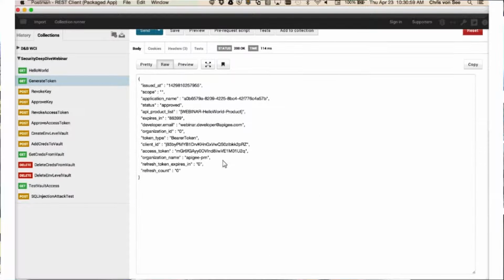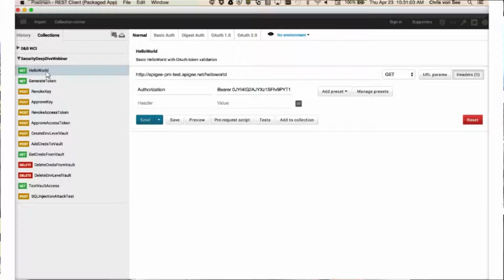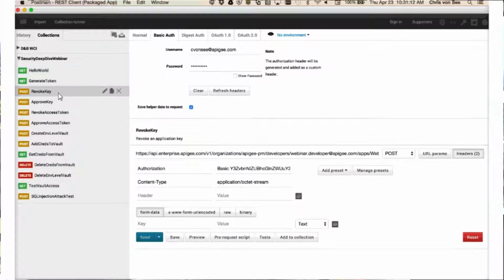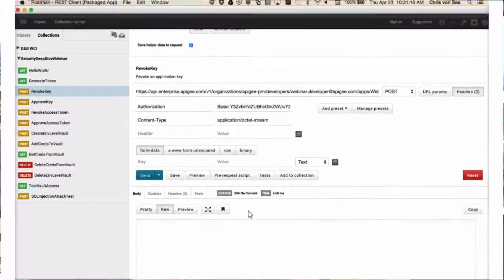We'll take this access token. We'll plug it into Hello World. We'll send it, and now we're back to Hello World again. So if we were to revoke this key, you can see we got a 204 No Content status back, which basically indicates that we successfully revoked